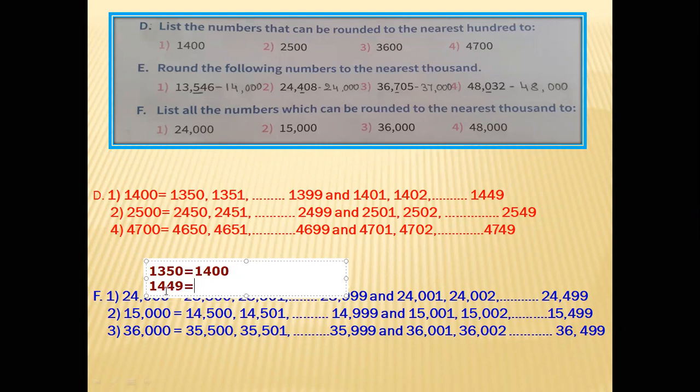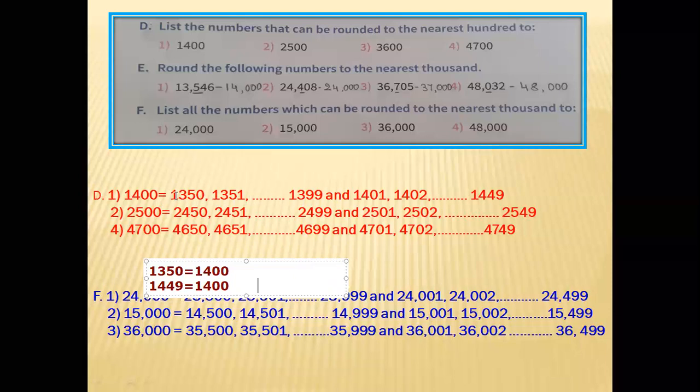See, because in the tens place 4 is there, this also equals 1400. If it is 1450, which number does it equal? See here in the tens place 5 is there. This 4 changes to which number? 5. Does 1500 equal 1400? No. Up to 1449 equals 1400. From 1350, this is up to how many numbers? Around 100 numbers equal 1400. This is too difficult to write.